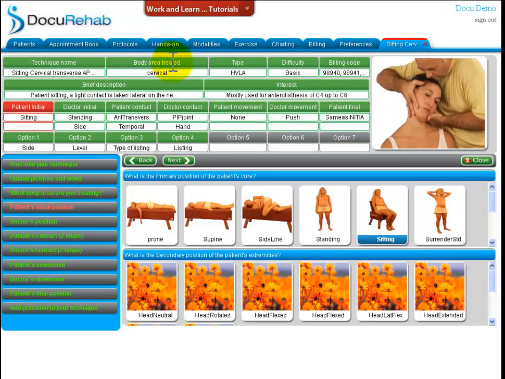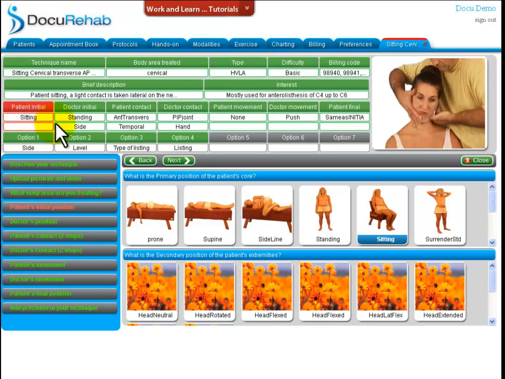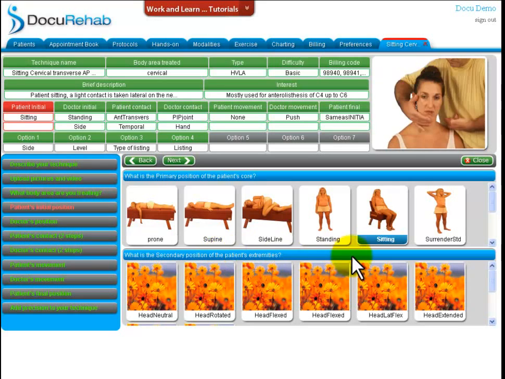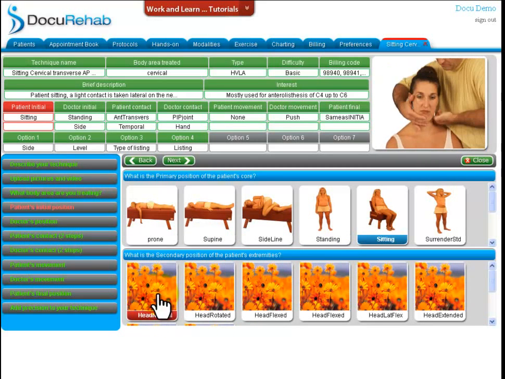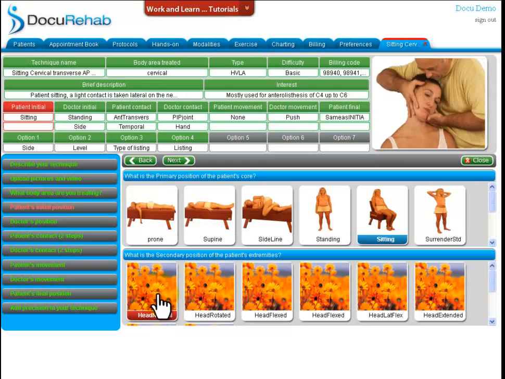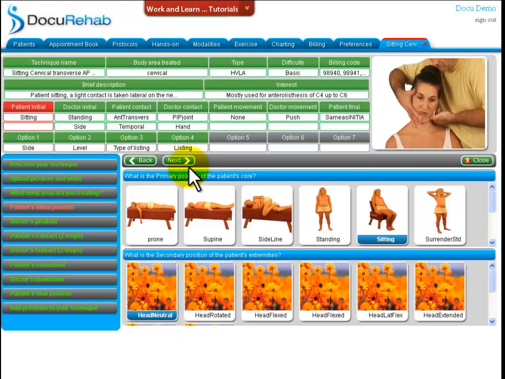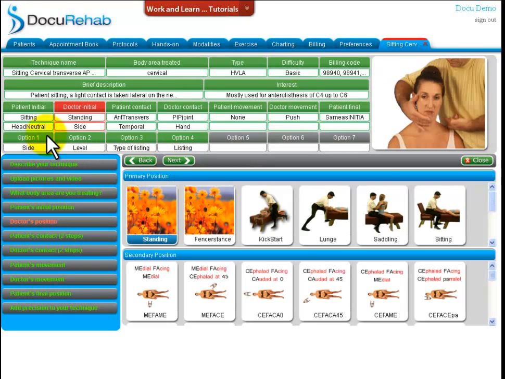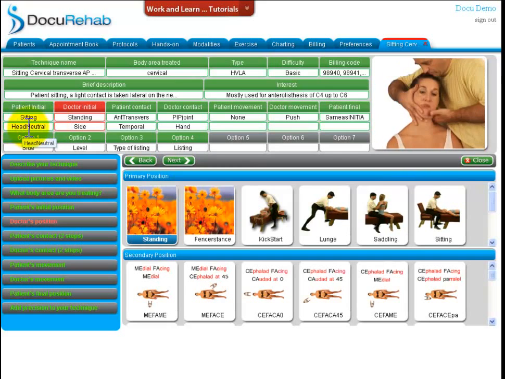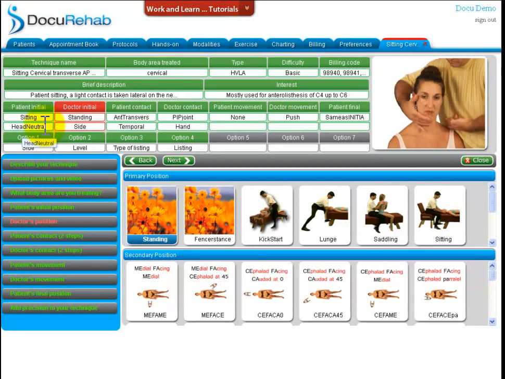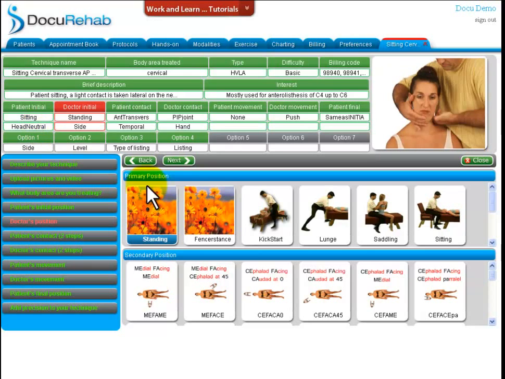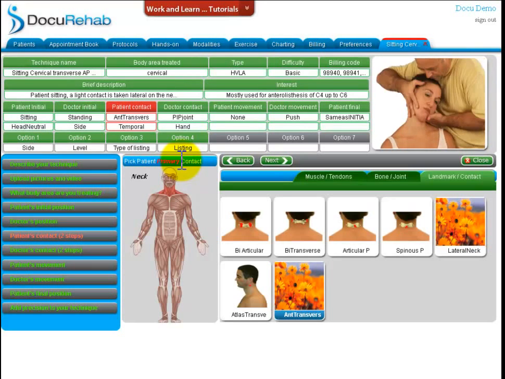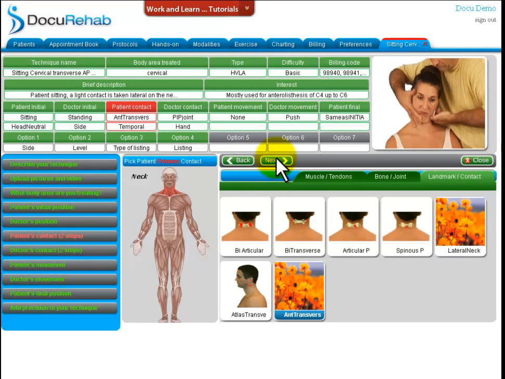The patient initial position is described as sitting. We will add a secondary position of head neutral to further explain the position the patient begins in. Click Next. Note, in the initial position, it now has sitting and head neutral directly underneath it in the top left panel. We will click Next to move through the wizard for the areas we are not changing, including doctor's